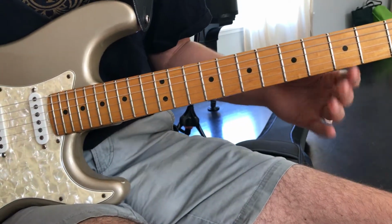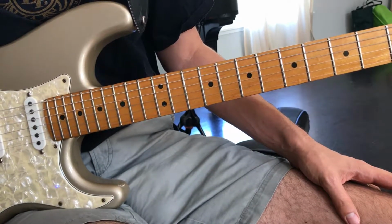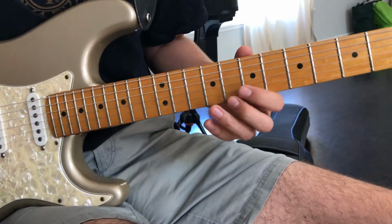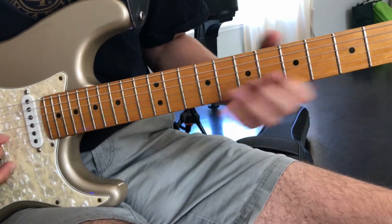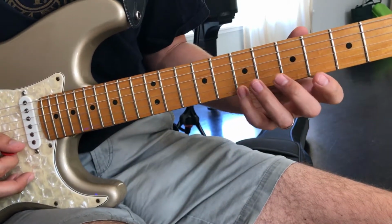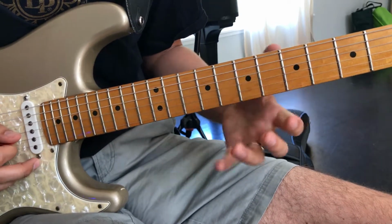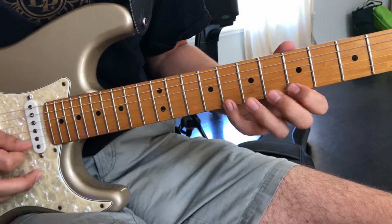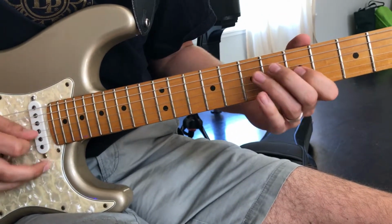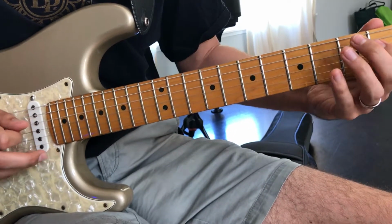So I'll just play through a chorus of the song, and you can hear how those scales sound. C major. Here's your A melodic minor, or D7 sharp 11. D minor, G7, C major,